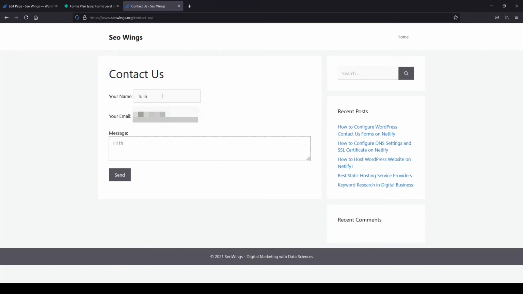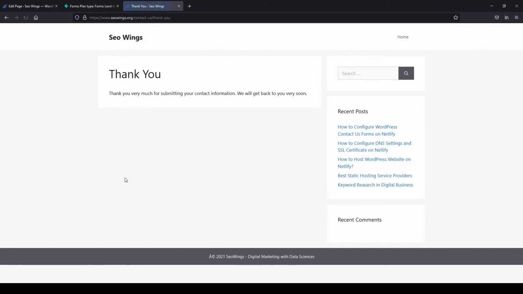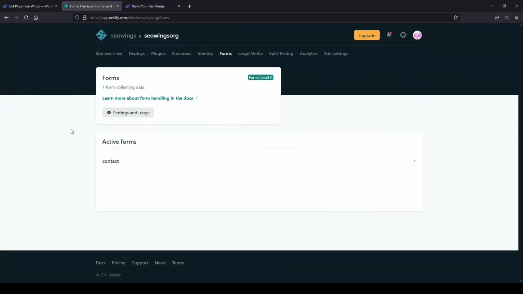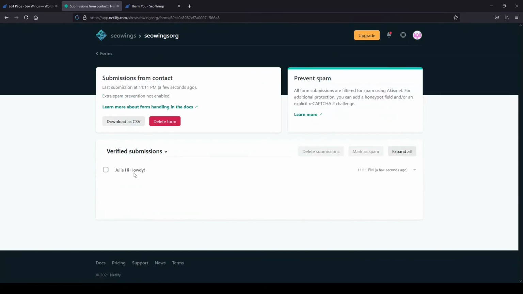Hi, howdy. And then if you click on the send button, see, the form is submitted and now we are seeing only the thank you page. This is exactly how we have configured it before. Now if you come back to Netlify and click on contact, you could see that this Julia form is now available here. So that's how the information from the user will be collected.